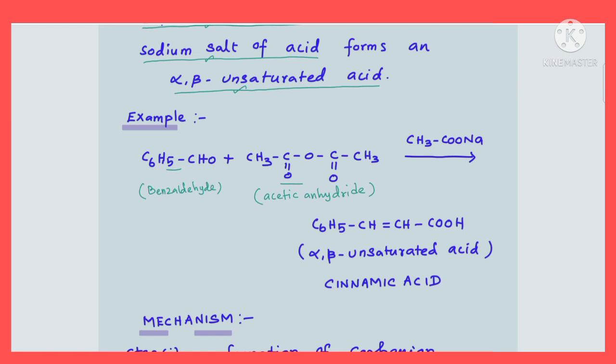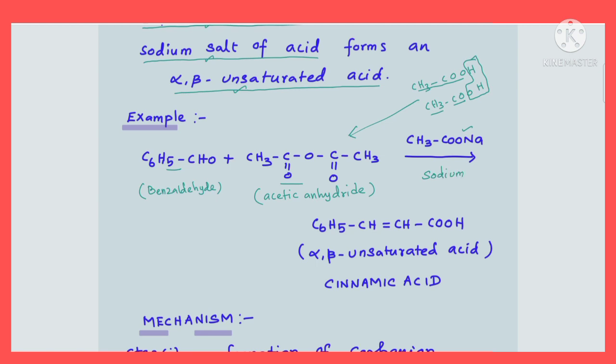Okay, acetic anhydride. Actually, when two molecules of acetic acid react with the loss of water, it will give this compound. Acetic acid, formula CH3COOH, and another acetic acid molecule CH3COOH. After the loss of water, either by heating or using a dehydrating agent, this may give a product. Basically, it is acetic acid without water. That's why it is called acetic anhydride. Okay, in presence of the sodium salt of the same acid, sodium acetate, CH3COONa.